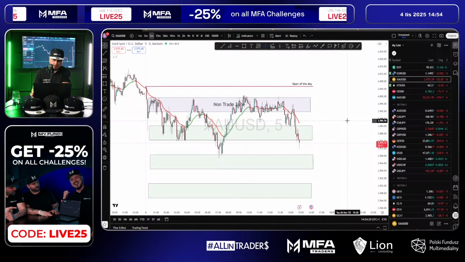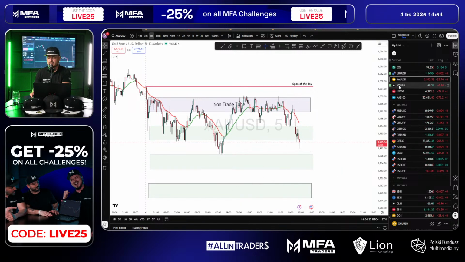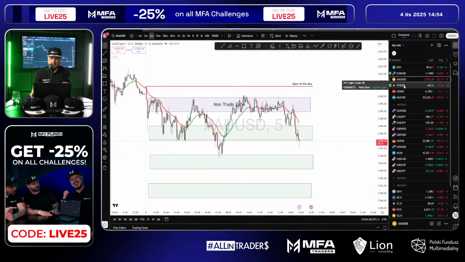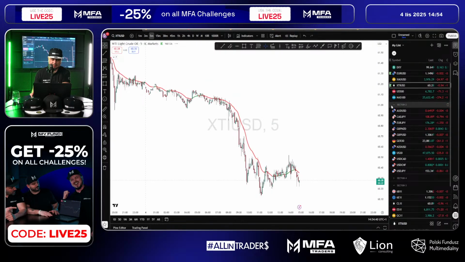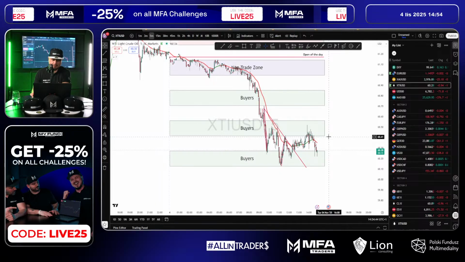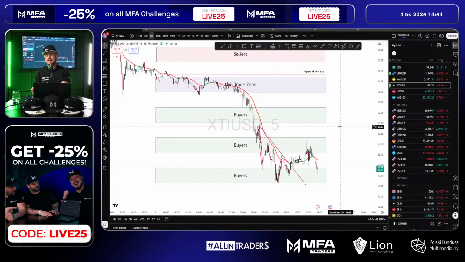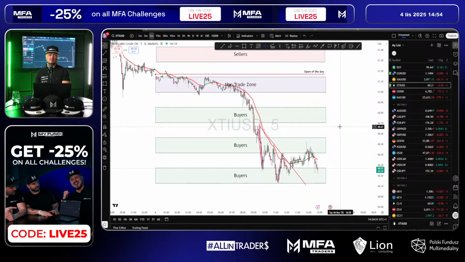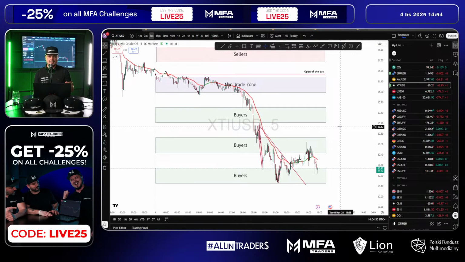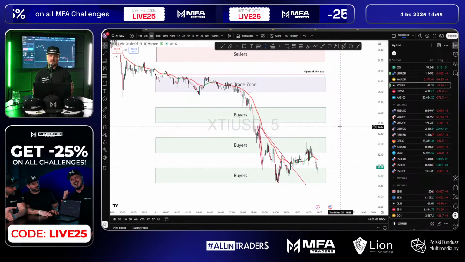I'm pretty sure we can use one of these setups later on after 4:30. Because we are now 1 hour and 5 minutes before news, sometimes it's better to stay away. You don't need to trade every single time. We're just waiting for the perfect moment. Sometimes it's better to open one position a day, or maybe one day you're not gonna trade. It's okay. You don't need to trade every single day.